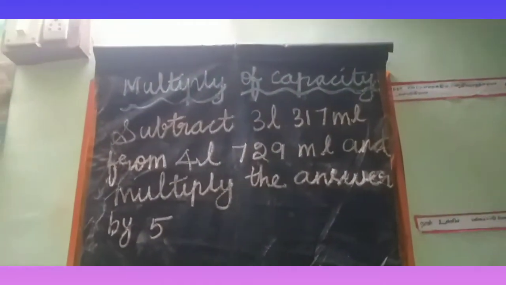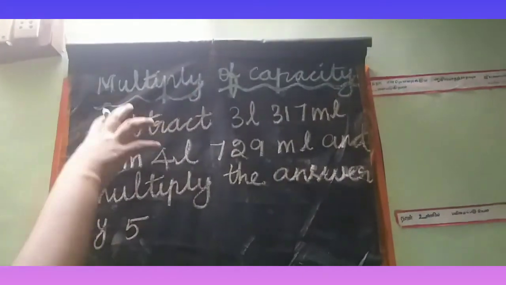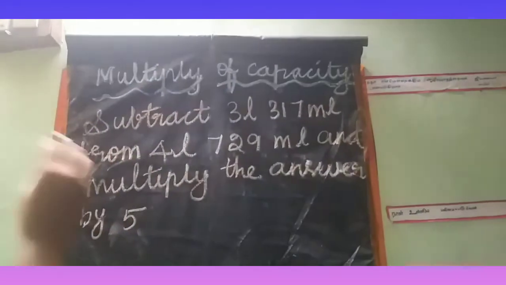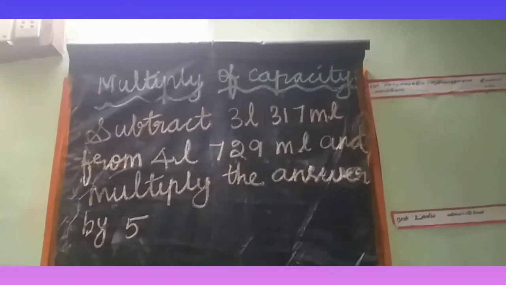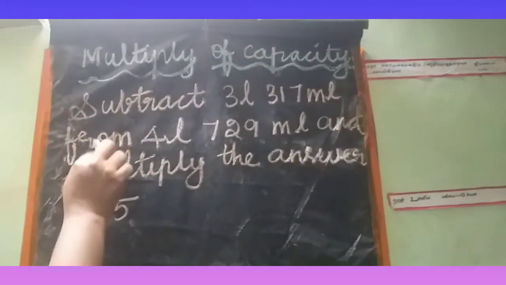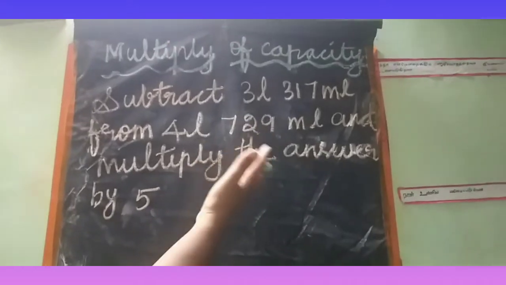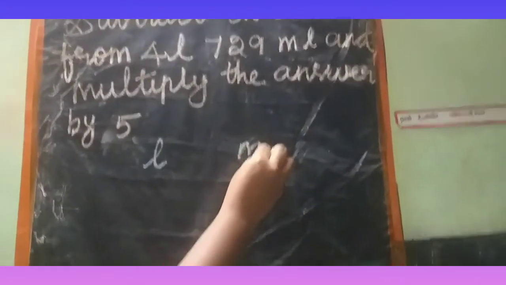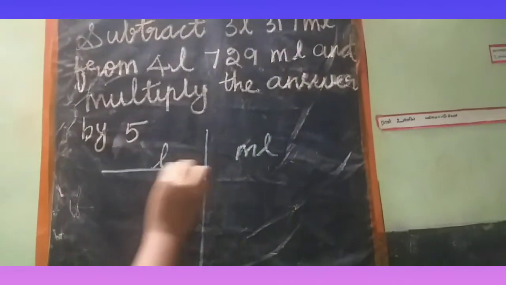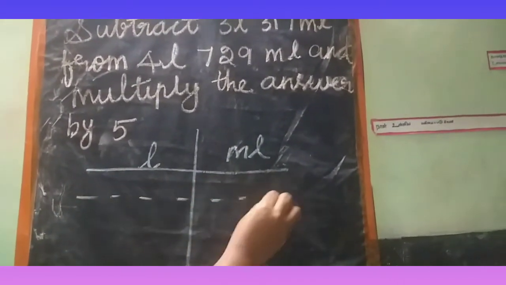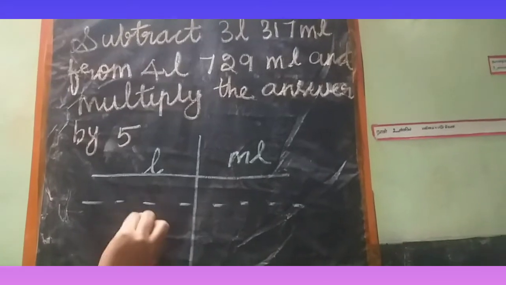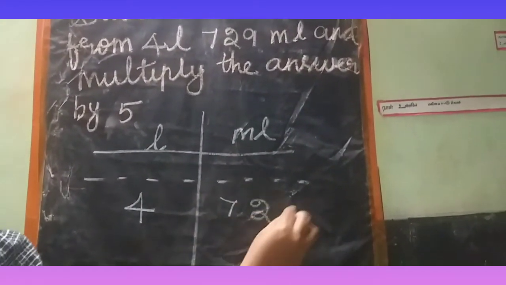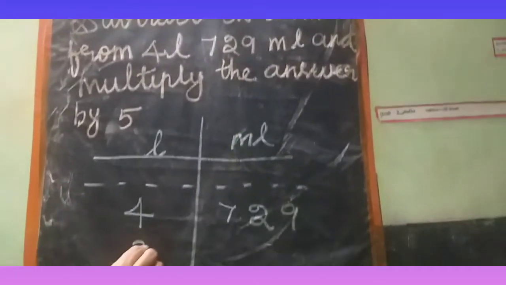First of all, you have to subtract. After that, from the answer you get, you should multiply by 5. From means the number given after 'from' you should write first. First of all, write the units, liter and milliliter. And first write the greatest number, the number after 'from', 4 liter 729, and the next number, 3 liter,